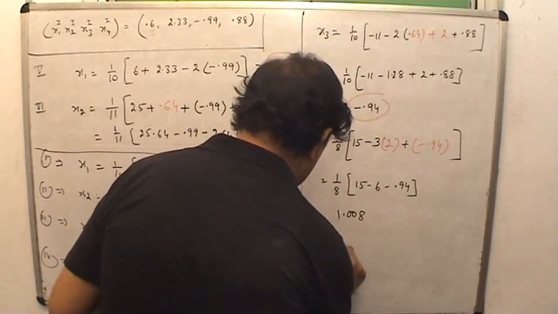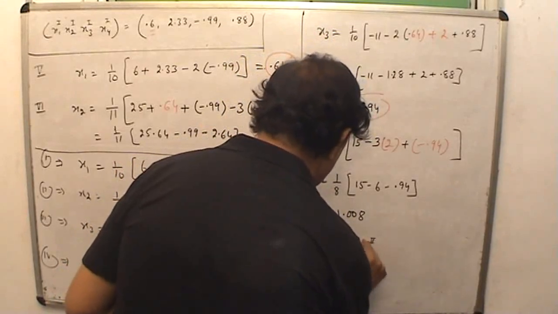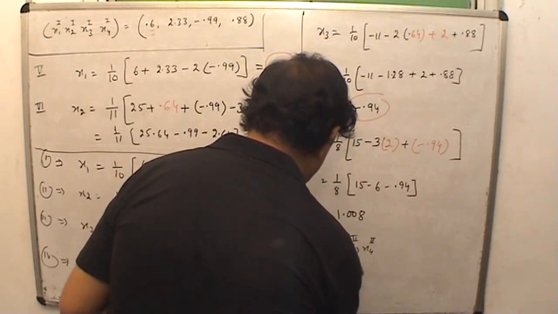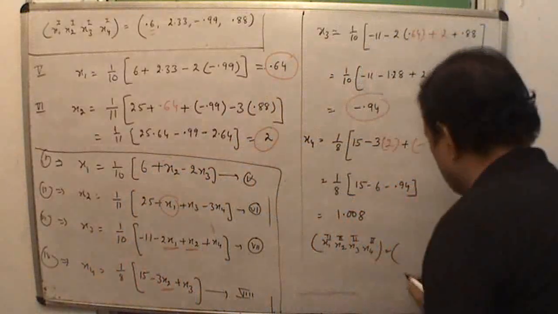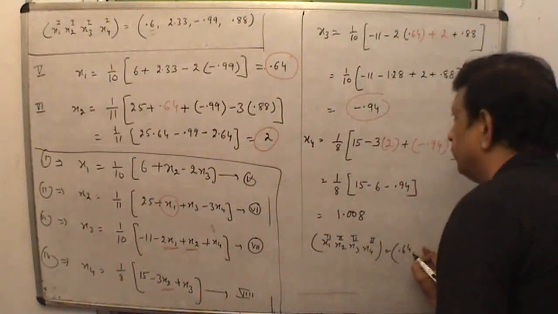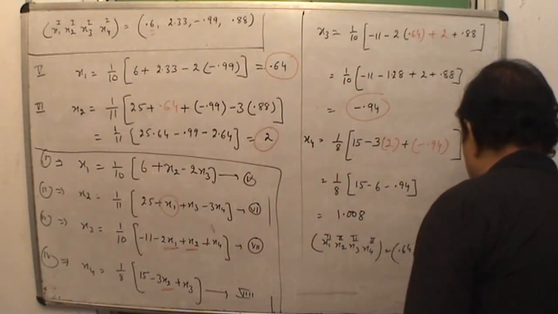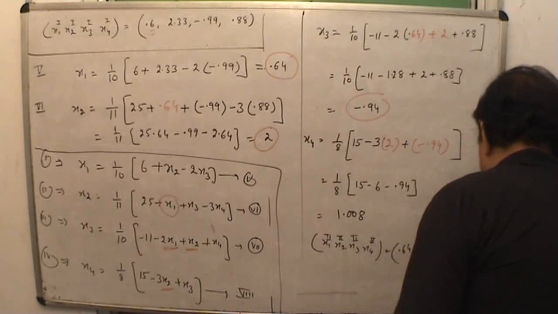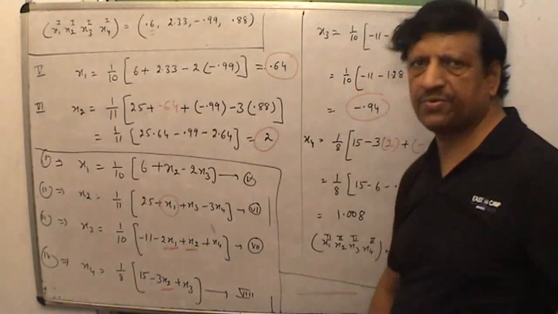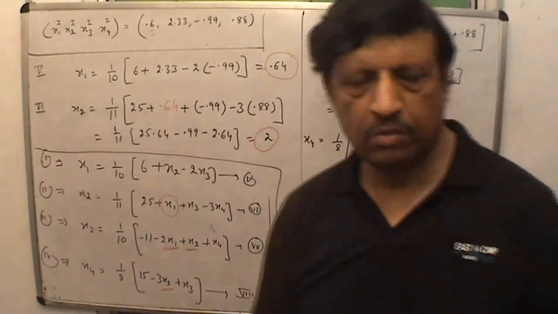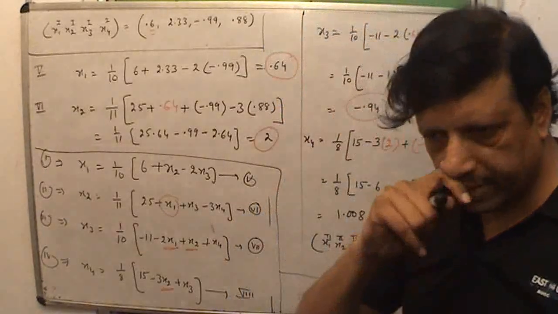So the second iteration x1, x2, x3, x4 is 0.64, 2, minus 0.94, 1.008. And we can proceed with the further steps again until the two values are approximately